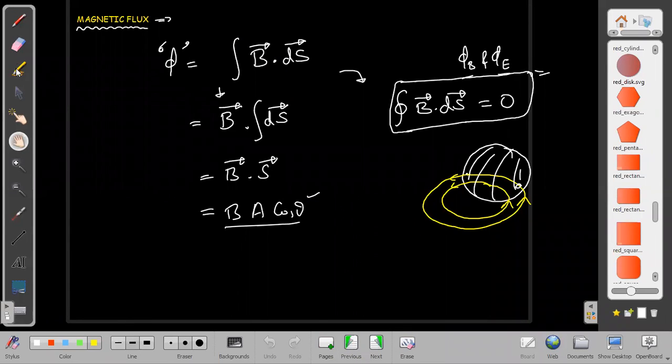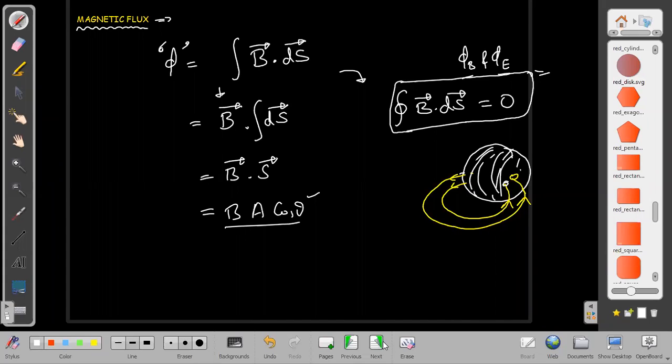I don't know about this diagram. Although I tried to make it clear, now I am looking at it and it appears as if the magnetic field lines are below the surface. These are not below the surface. These are passing through the surface. These are entering the surface from one side and leaving the surface on the other side. Let me make it a little better. If you want to take a snapshot, it should be clear now. It is coming here from one side, entering into the surface, and then leaving from the other side. Think like that. So overall, the flux entering is equal to the flux leaving. Okay, is that clear? Yes, sir.